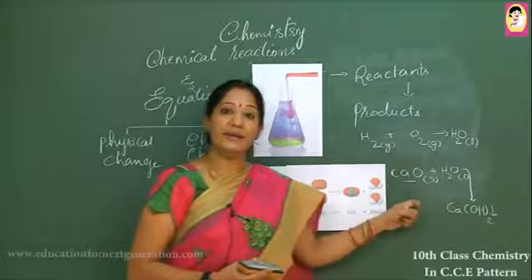So first balance the oxygen atoms. When you keep 2 in front of the water molecule, it becomes 2H2O. Then the oxygens are balanced. Then going for the hydrogen atoms, H2, that is 2 atoms of hydrogen are present on the reactant side. If you look at the product side, 4 hydrogen atoms are present. Now hydrogens and oxygens are balanced, which indicates the balanced equation. That means the equation is balanced now. You can write this equation as 2H2 plus O2 gives